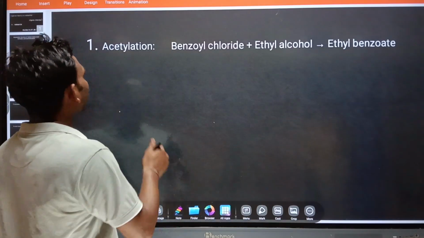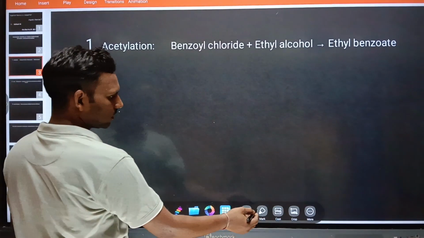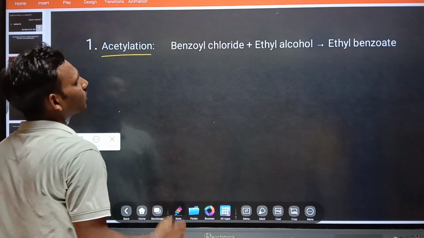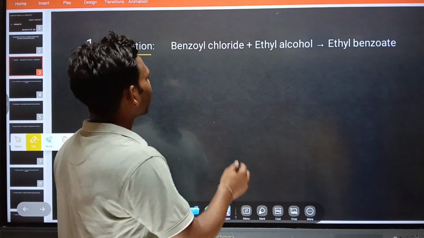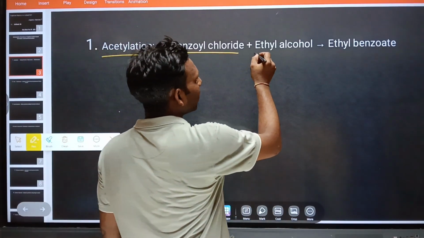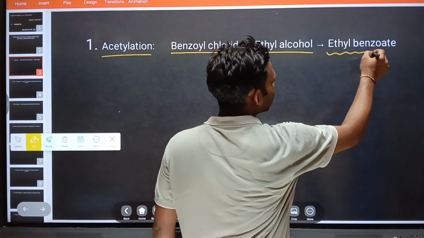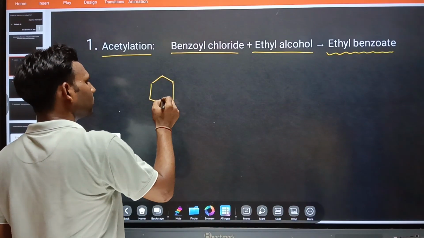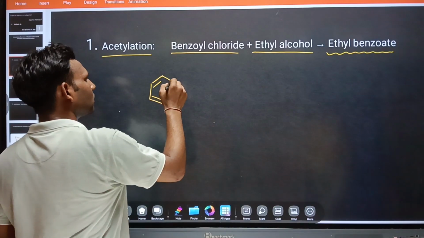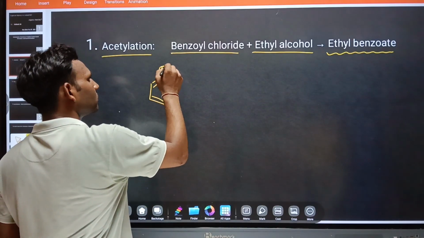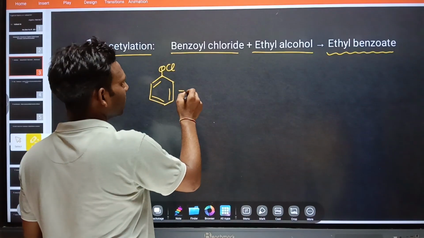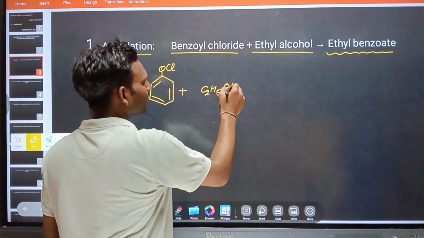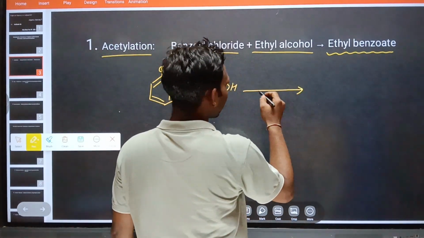First chemical reaction, acetylation. Benzoyl chloride and ethyl alcohol then form ethyl benzoate. Benzoyl chloride, C6H5COCl, plus ethyl alcohol, C2H5OH, then in an acidic medium